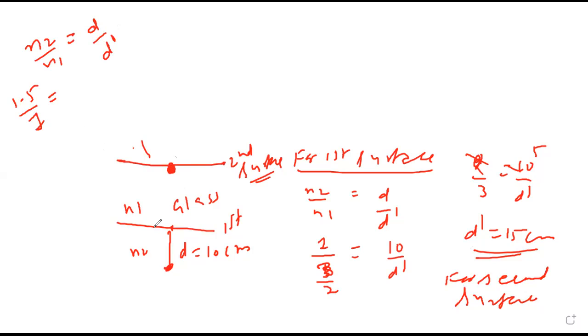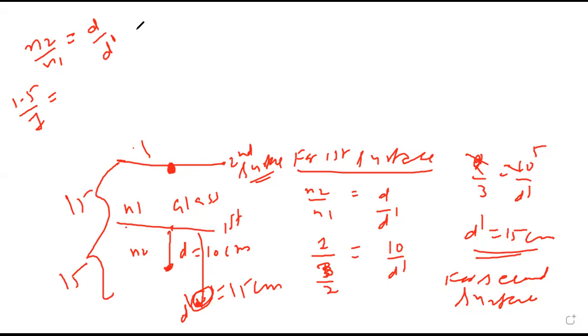Yes, sir. So from the surface, this d dash is appearing at 15 ना, ये फर्स्ट वाले के लिए, तो उसका ये 15 हो गया. ऊपर मत लेना गलती से, ये नीचे इसका d dash आ गया फर्स्ट सरफेस के लिए. सेकंड सरफेस के लिए ये ऑब्जेक्ट हो गया. So total distance for second surface is 15 plus 15 is real depth. That means 30 upon d dash. So d dash will become 30 upon 1.5, which is 20 centimeter. That means this will appear at 20 centimeter from the second surface.